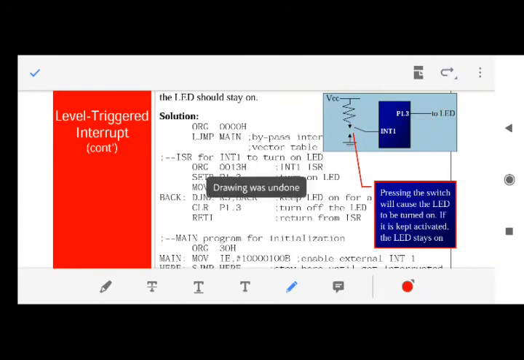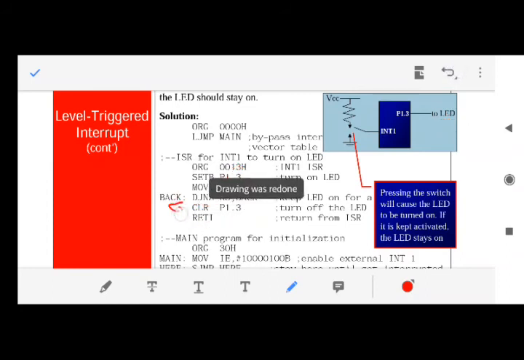Fine. So how to be there for some time? You have to use a loop. Fine. So you use a register R3, move a value to it, and then decrement that value and remain here until this value of the register becomes 0. That means you remain here for some time and P1 remains high. That means the LED keeps on glowing.